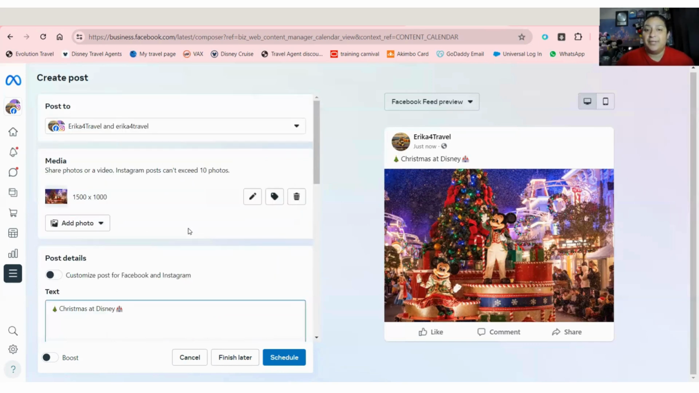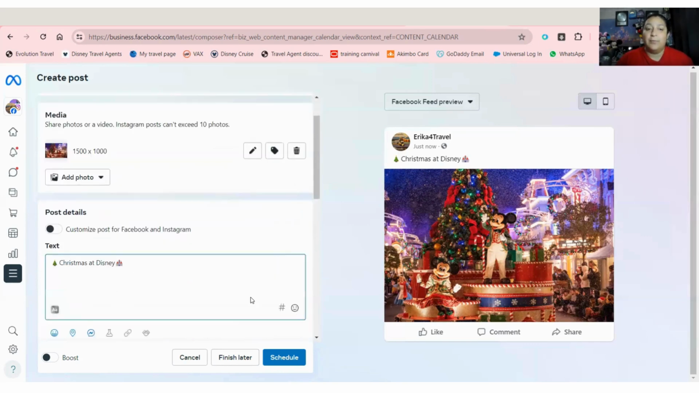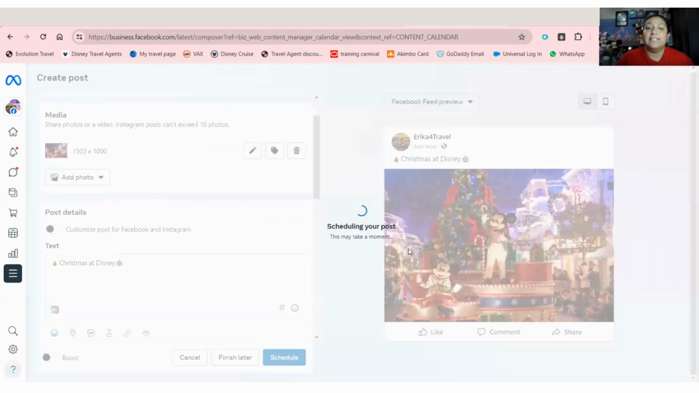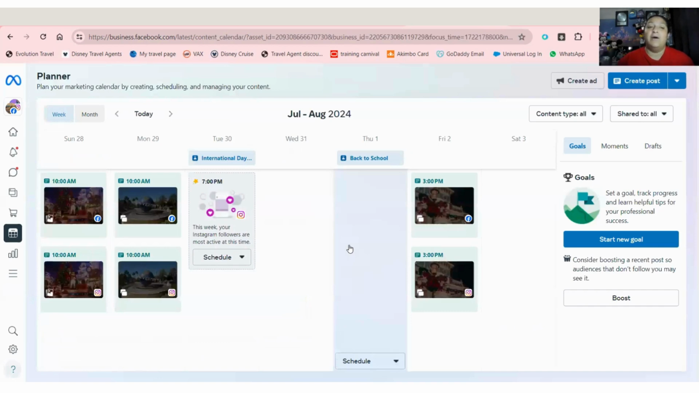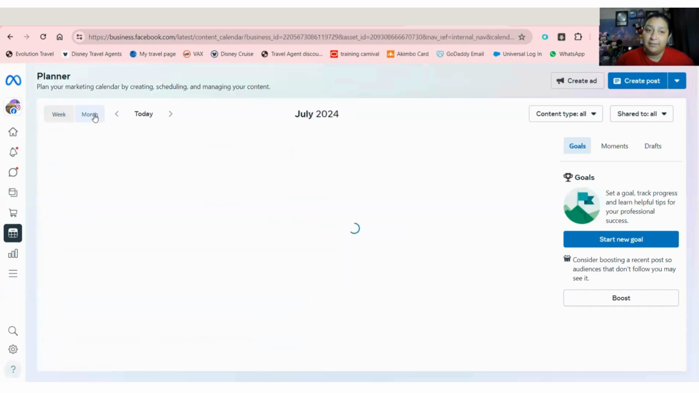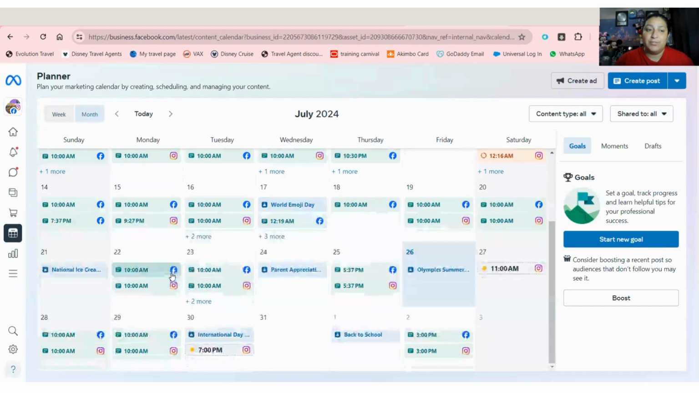Then after you're done with it, let's just say this is what I want, right? We're going to click schedule. Make sure you click schedule, and it's going to schedule out your post. Okay, so do not refresh, don't do anything, we're good. Okay, now if you go back to the month, and if I scroll down to the 28th,